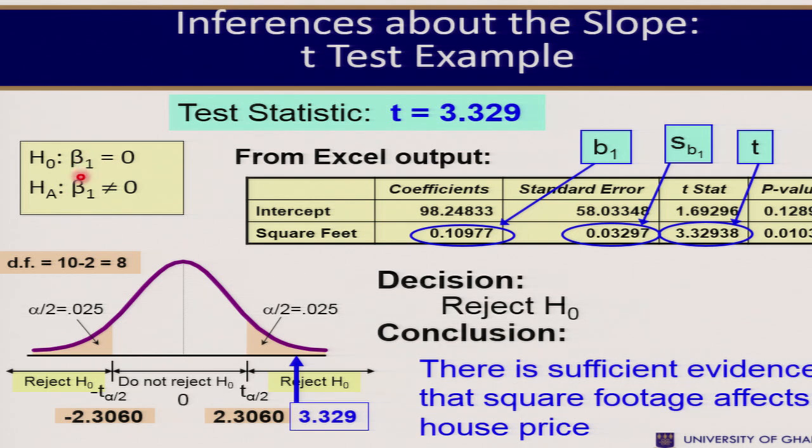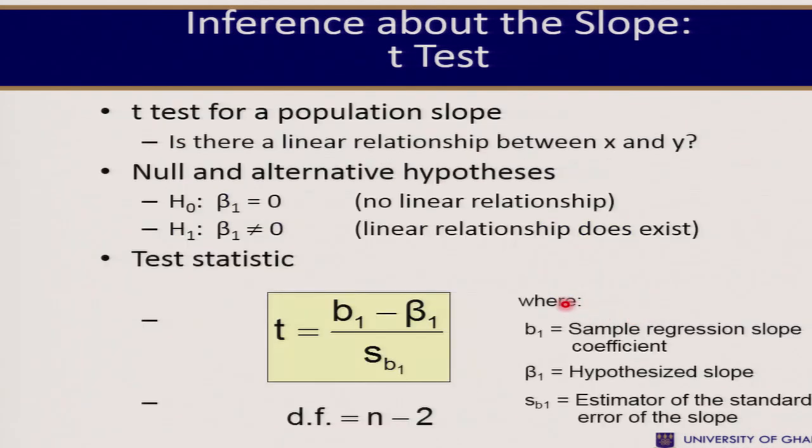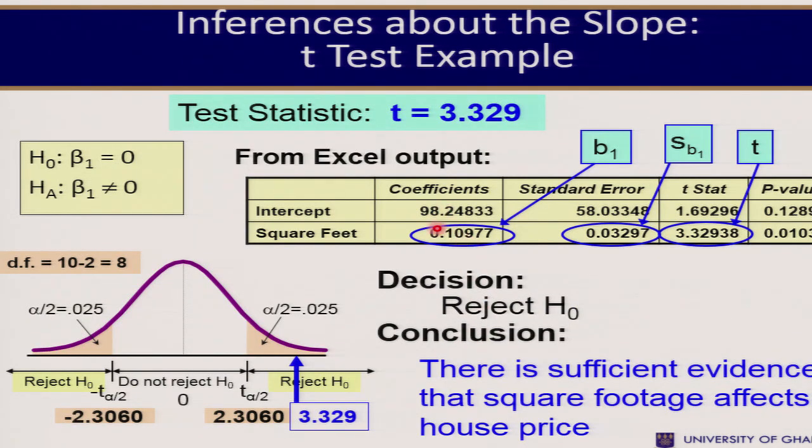And based on that, we formulate our null and alternate hypotheses, where our null hypothesis says beta 1 equal to 0, and our alternate hypothesis says beta 1 not equal to 0. Then we have our coefficients, the standard error of the coefficients, and then the t statistic. The t statistic is given as the value of the coefficient divided by the standard error, that is 0.10977 divided by 0.03291, which gives us